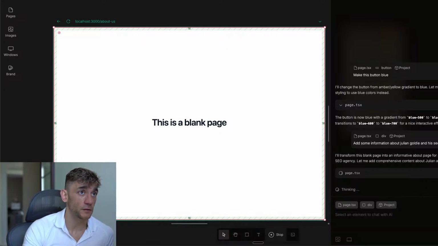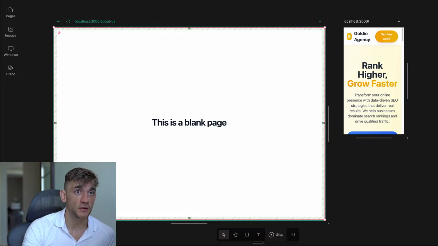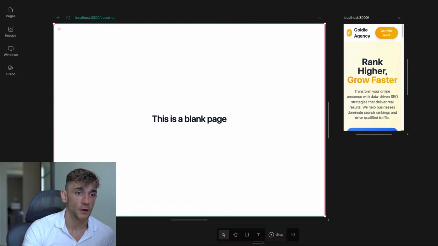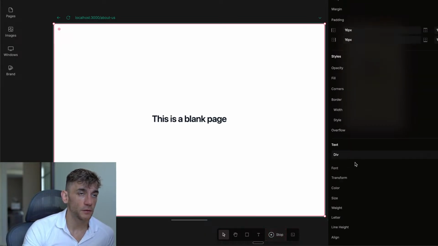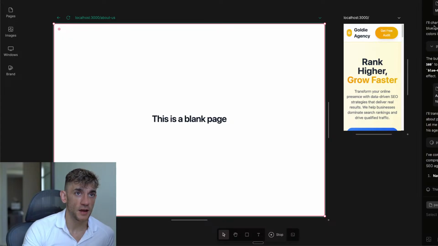Plus, I haven't paid for this, it's completely free. We can also select the Styles section over here, so we can actually change all the styles on the right hand side: position, width, styles, colors, etc. And then if we go back to the chat,